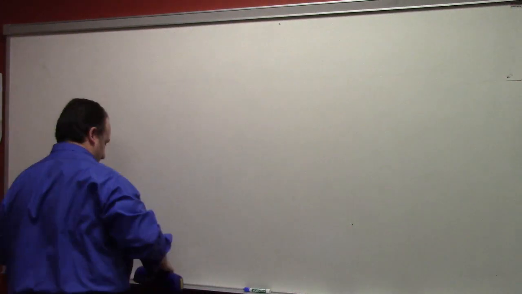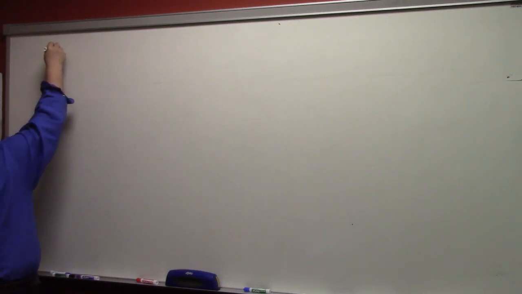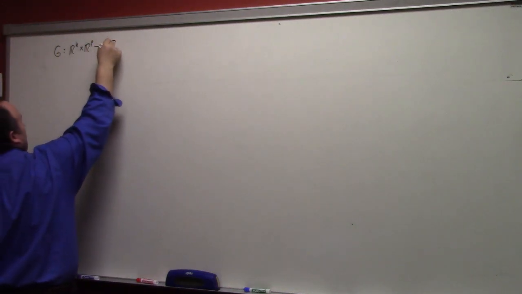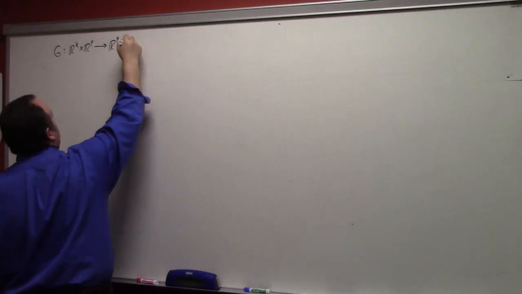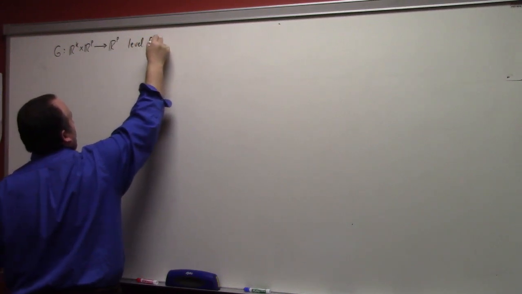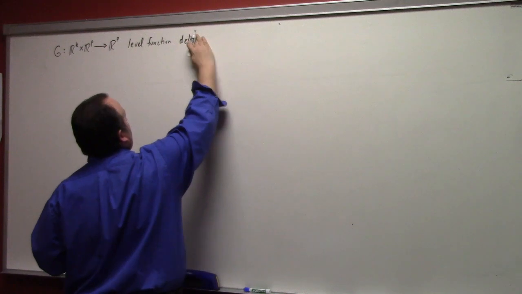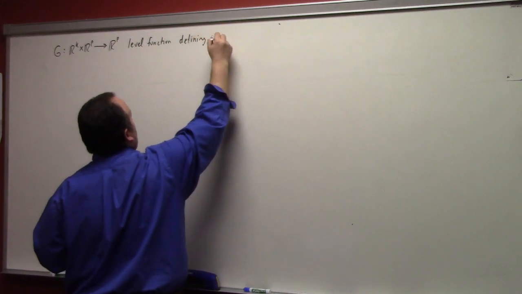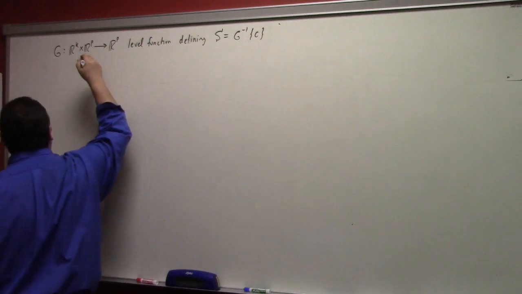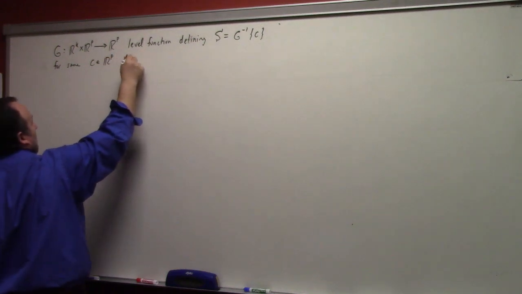This is theorem 5.25. So if we have, sticking with my, I should not have erased this, G from R^k cross R^p to R^p, a level function defining S equal to G inverse of C for some C in R^p, then